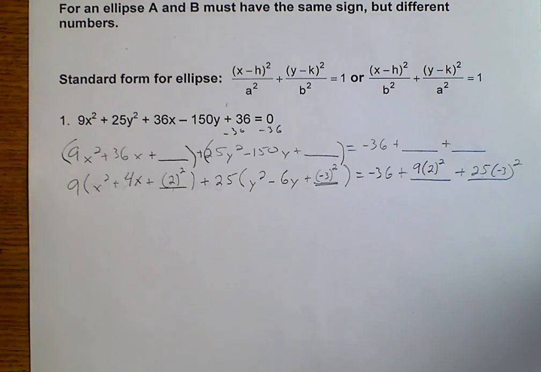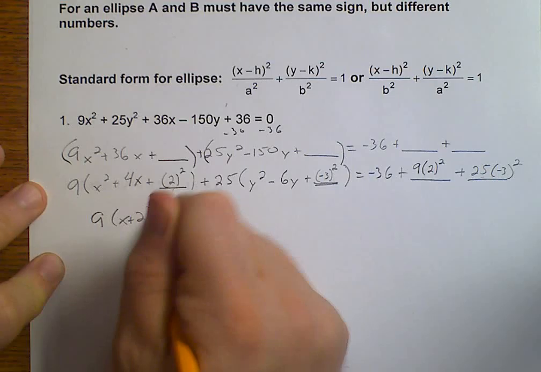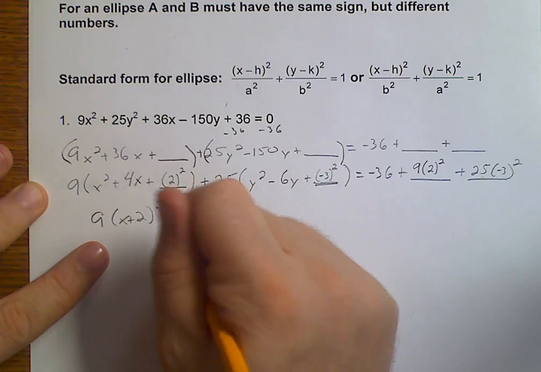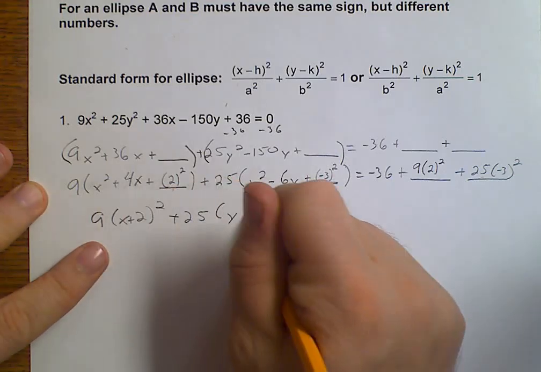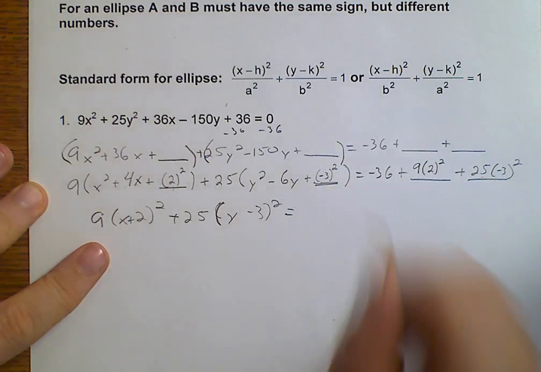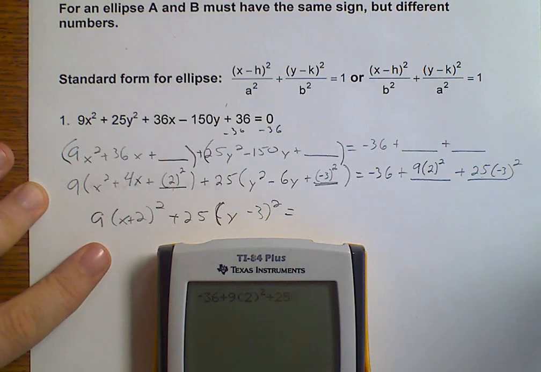Well, let's go ahead and simplify. Let's see what we get. Well, this is 9 times x plus 2 squared. That got much shorter. Very nice. Plus 25 times y minus 3 squared. That also got shorter, so that's nice. And now over here, I'm just going to put this in the calculator because it's kind of long. Negative 36 plus 9 times 2 squared plus 25 times negative 3 squared. Again, it's important that you put this in a negative and the square on the outside. That's going to give us